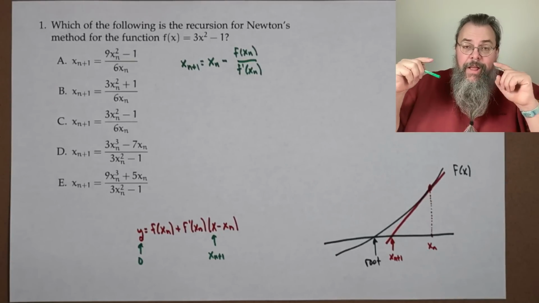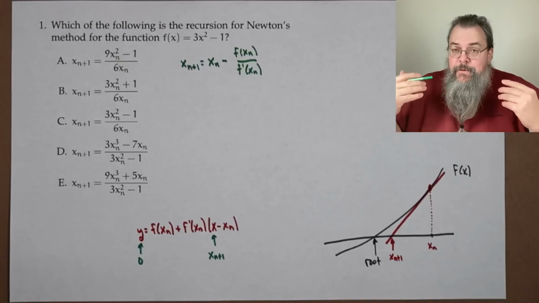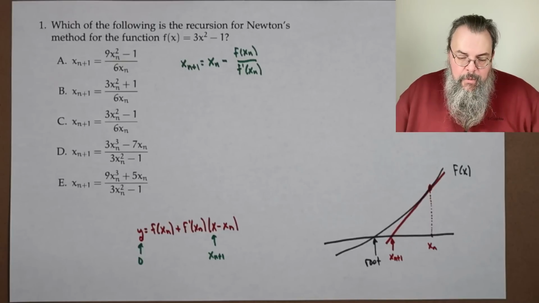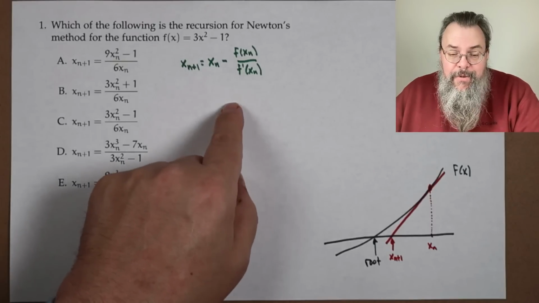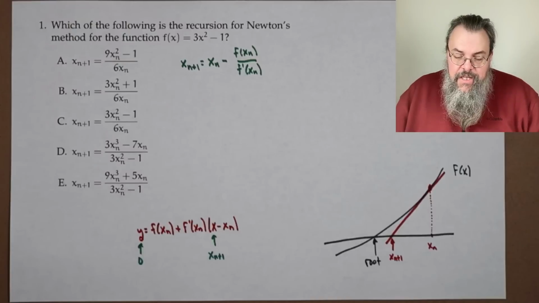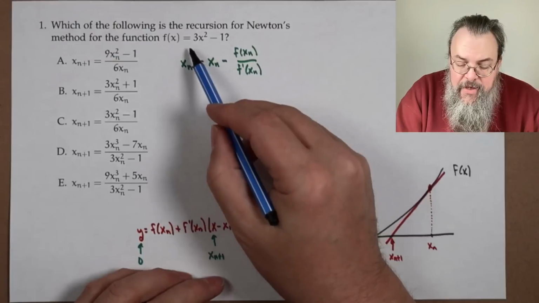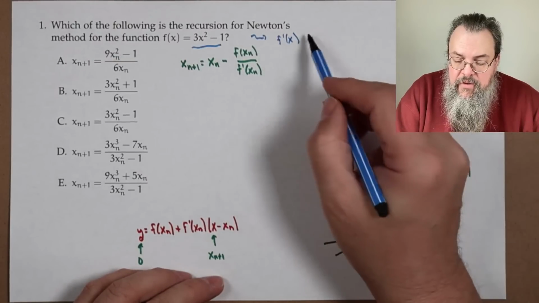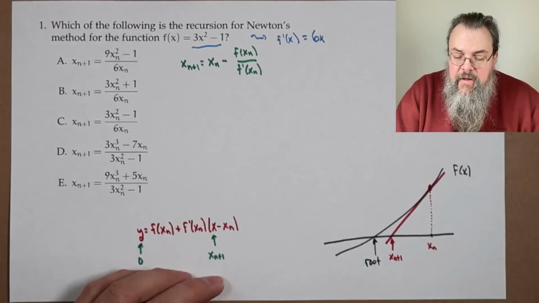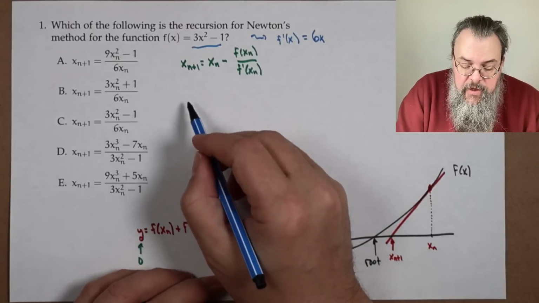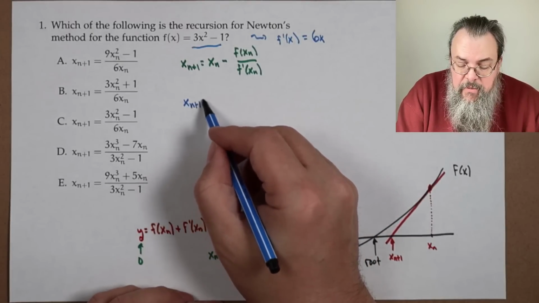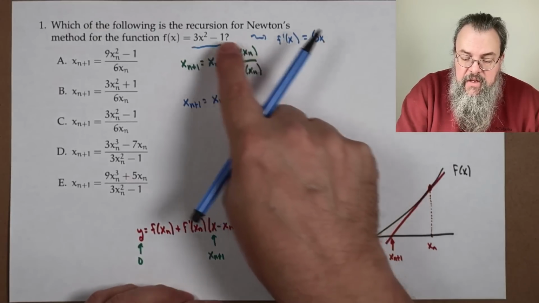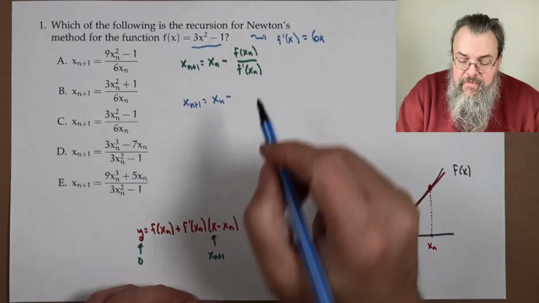Now, that's the formula. If you remember that, basically any problem you see with Newton's method, you're going to get. For us, we want to explicitly say, here's the recursion we want. So we just need to figure out what the recursion is. We have our function, and we also can say what our derivative is. The derivative of 3x squared is 6x. The derivative of minus 1 is 0. So for us, our recursion looks like xn plus 1 is xn minus, and now we plug in xn everywhere we see an x. So that's going to be